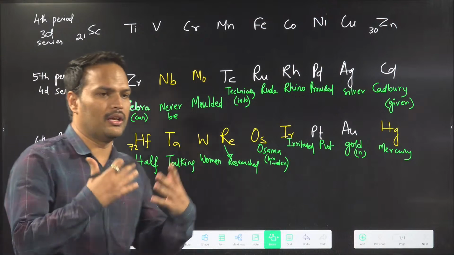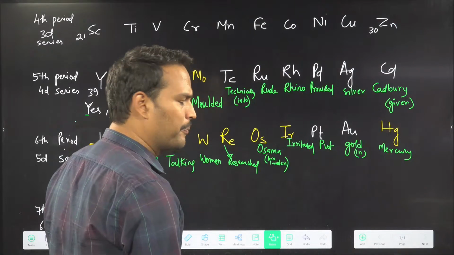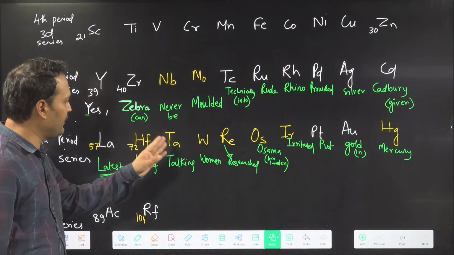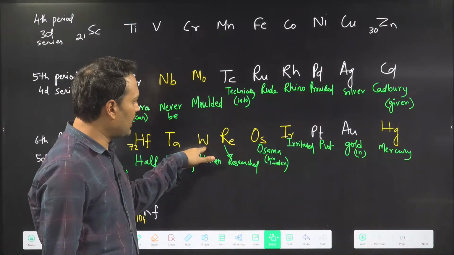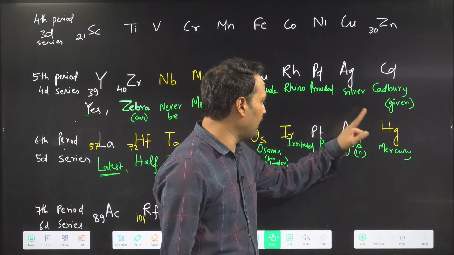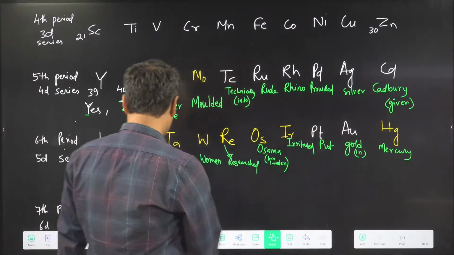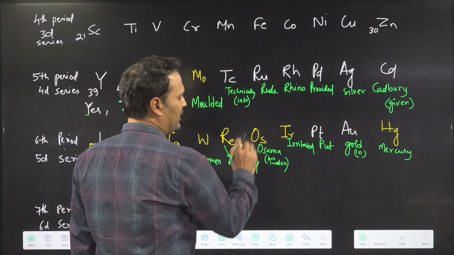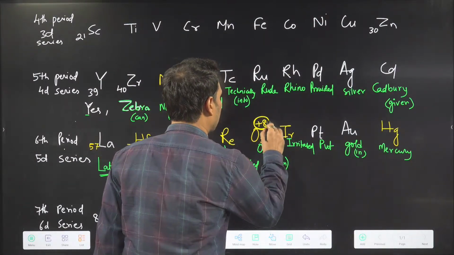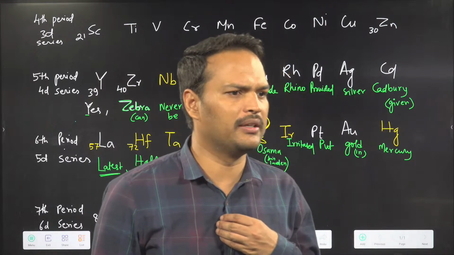Take 1 minute time so that you are aware of all the elements. See the name. The names are written also. ठीक है ना? Lanthanum, hafnium, tantalum, tungsten, rhenium, osmium, iridium, platinum, Au gold. No one will forget gold. ठीक है ना? And Hg mercury. Osmium is very important. Why osmium? We keep on hearing. Do you know? Because osmium has very high oxidation state. The highest one, that is your +8. So that's why you will hear osmium thing.